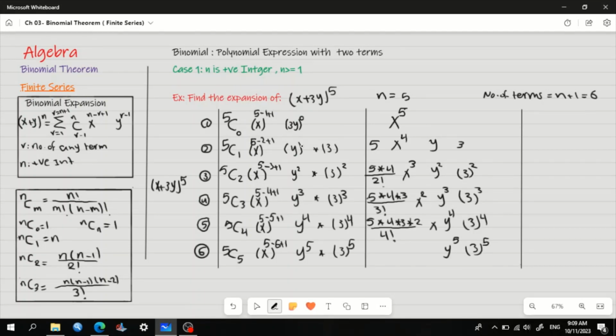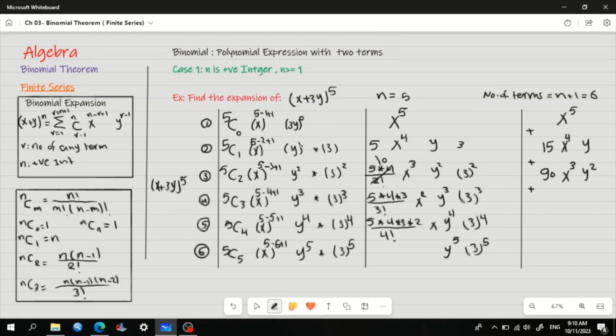So let's write the final result. So we have here x power 5 plus, here we have 5 into 3, so we have here 15 x power 4 y plus, let me write it here, plus, here we have 5 into 4 by factor of 2, so this equals to 10, and this 9, so we have 90 x cubed y squared plus,